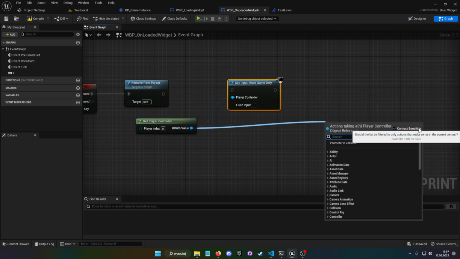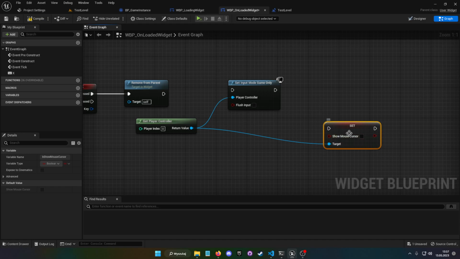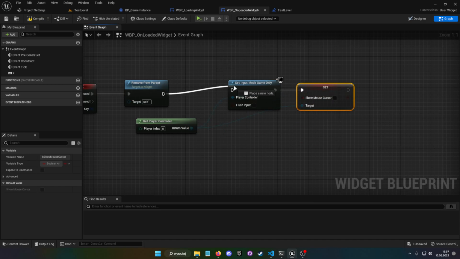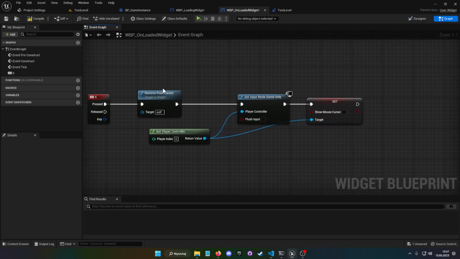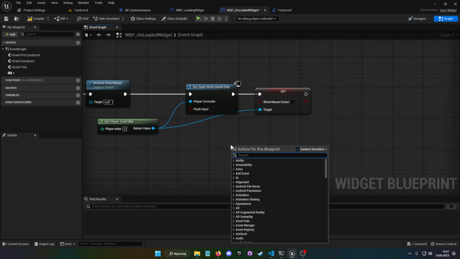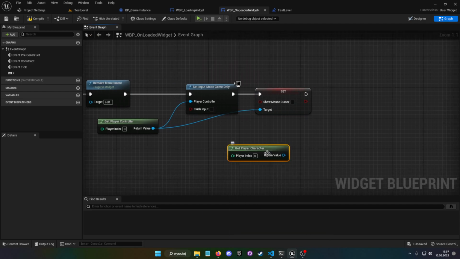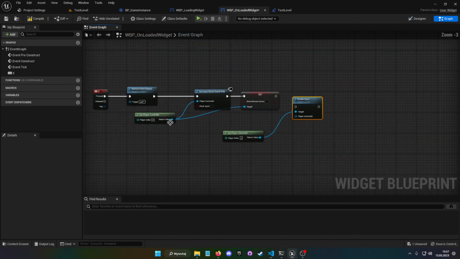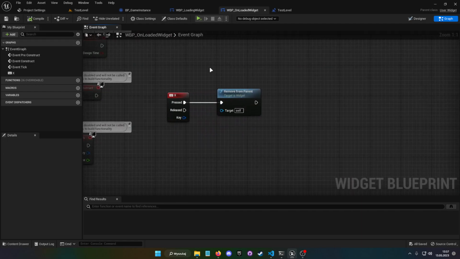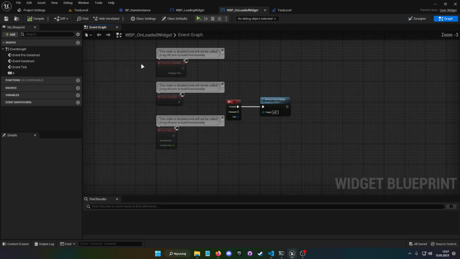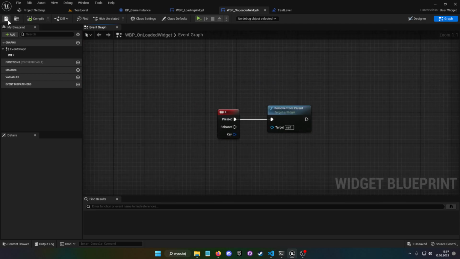You can hide the mouse. And if you have an actual player character, then you probably also want to get player character and enable input, something like that. But if you're making a game, I guess you know what you want to do and how. Okay, so I guess that's it.